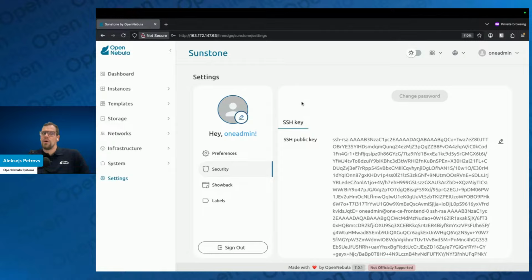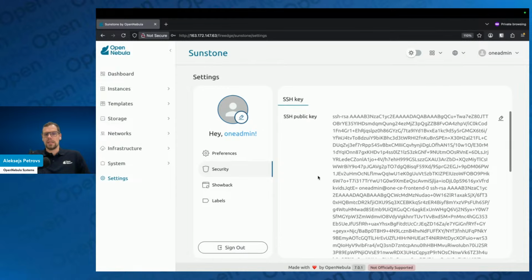So the only way they can access it is using VNC or altering the secure shell settings on that VM. So if you're writing any guide for your users, that would be step one that they need to do once they get into OpenNebula: configure their secure shell public key,